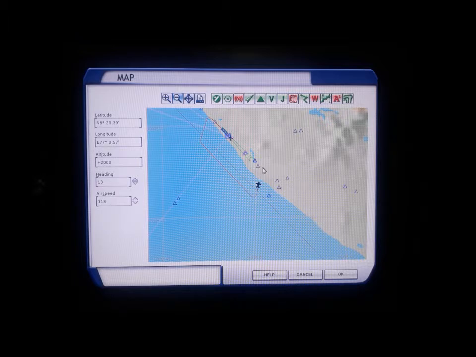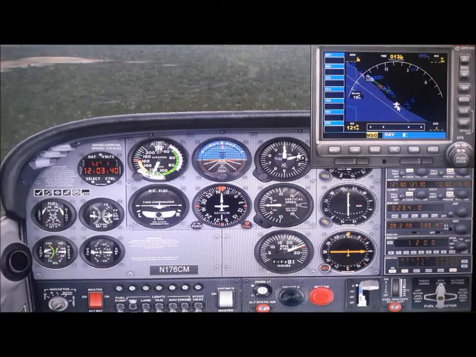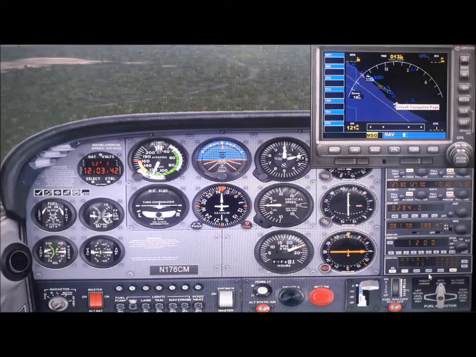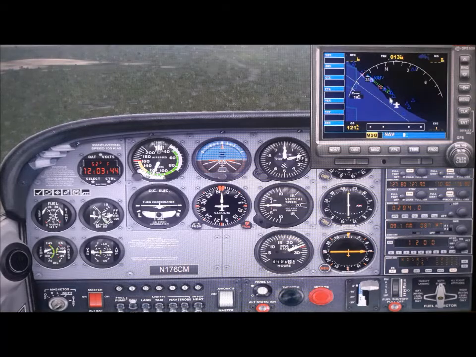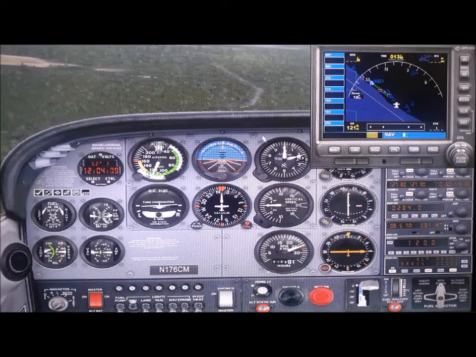Then the plane will turn automatically to the center line of the runway, capturing the ILS localizer. I'll keep watching this GPS. This is the center line of the runway. When the plane gets somewhere closer to that, I will activate the approach button for capturing the instrument landing system. See, the plane is turning.